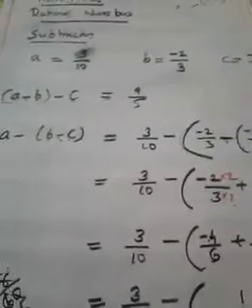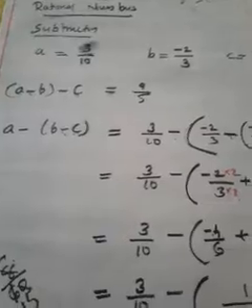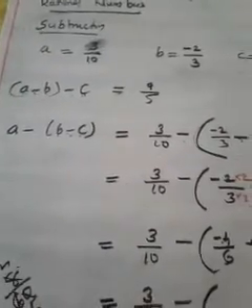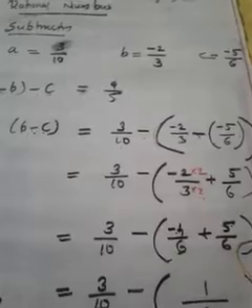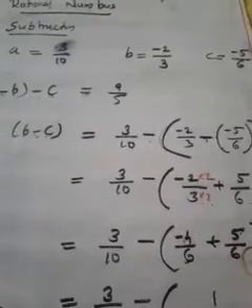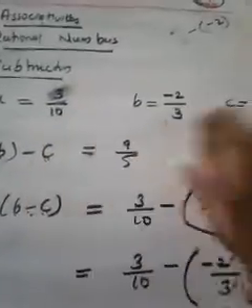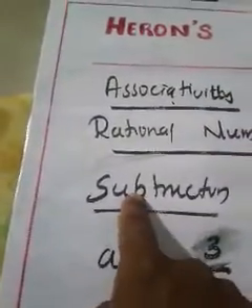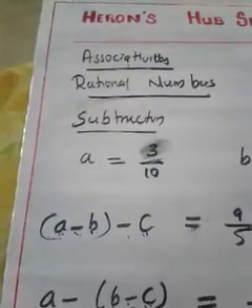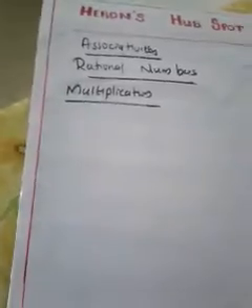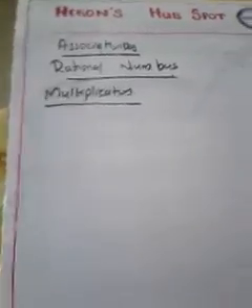You must always think whether there exists any one example that is spoiling. Suppose it is satisfying, you have to think of one more example, whether any other example is spoiling or not. Here the first example itself is spoiling. That means we can easily conclude that subtraction is not associative in rational numbers. Subtraction is not associative in rational numbers. So you understood subtraction also.